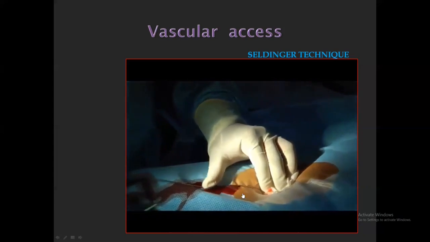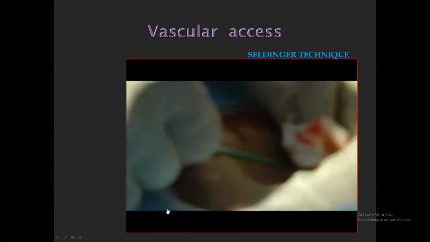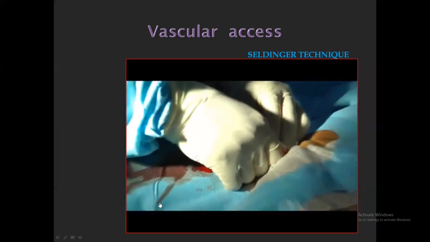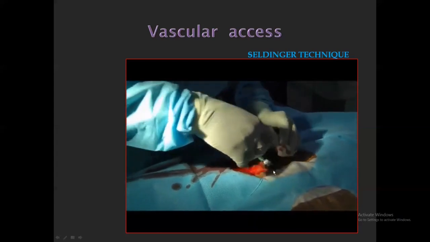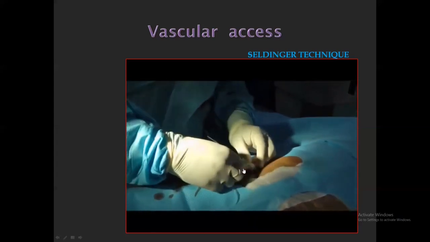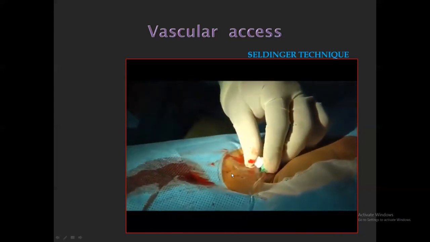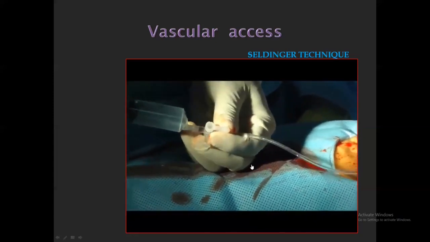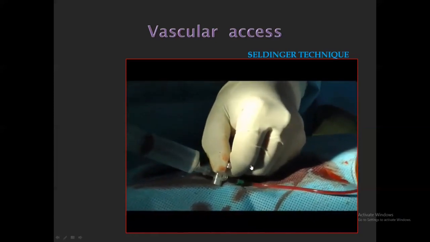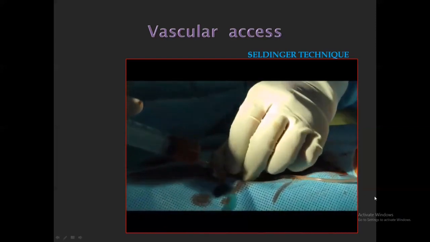Then over the wire, the sheath is introduced. So this is the arterial sheath which they introduce, and here there is an inner stylet called a dilator. Along with that, the wire is also removed, so there will not be any backflow. And through the side port, they will aspirate and flush the sheath, then give heparin and further proceed into the angiogram.